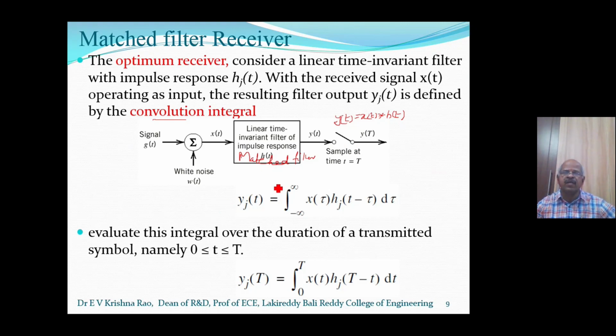The output of this filter is taken as y of t equals integral minus infinity to plus infinity x of tau h of t minus tau d tau. So this is where, in the number of correlators, the number of filters, one of the jth correlator we consider, so that h j of t. So that is how the output of that particular concerned filter is y j of t. So here the convolutional output is nothing but integrating